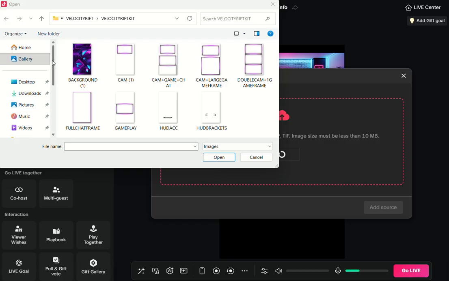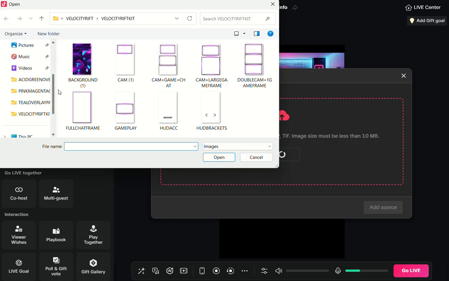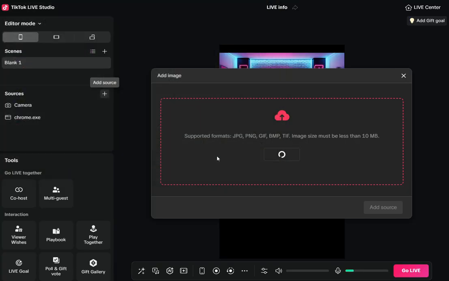So I've already got it up here, but you will go and find it. You could hit search or whatnot, and you can find it. So this particular kit is called Velocity Rift. Once you find your folder that has your overlay kit in it, I'm going to hit the background here. I'm going to click open,